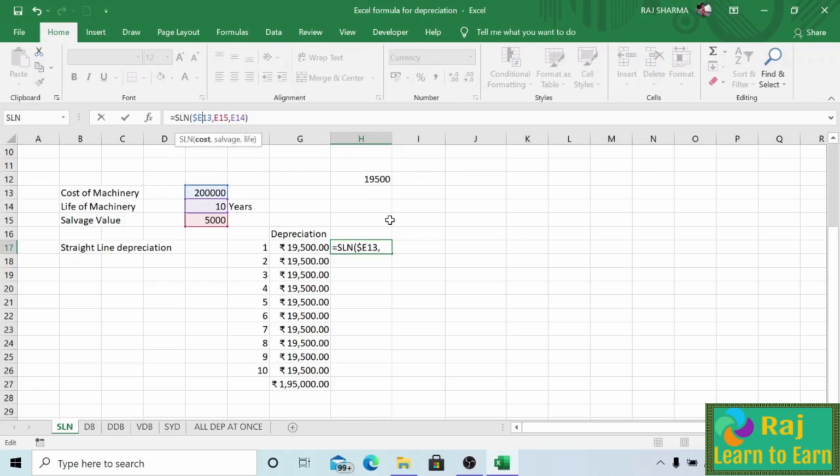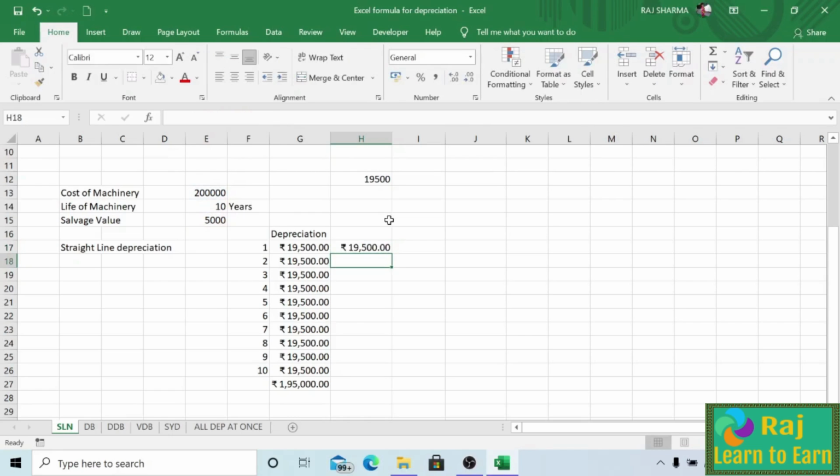For dragging it, we have to freeze the cells where the figures are constant, the figures that are going to be used. So 19,500, and when we drag it, we get the 19,500 for the entire